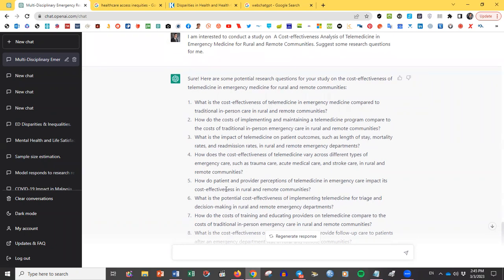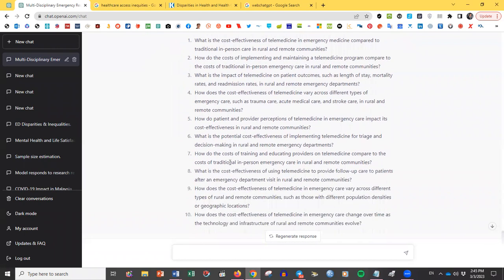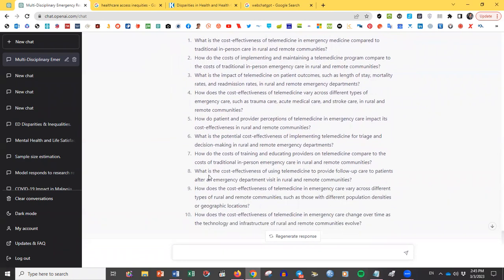Okay, this I don't want. Okay, this I don't want because there will be totally a new study already. Potential, how the cost effectiveness compared. So, sometimes you can see that it actually generates the same thing. You can see that question number 7 and question number 2 is the same thing. That's why we have to read and we have to choose and we have to edit according to what we actually want, right? These are all just suggestions and ideas, and you may want to add in your own one,